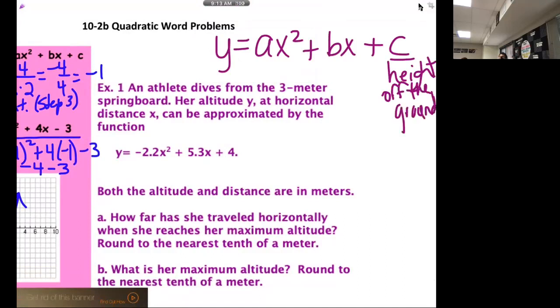So that's the constant. The constant stands for the height off the ground. The A is the gravitational force. If I was playing baseball and I hit the ball,